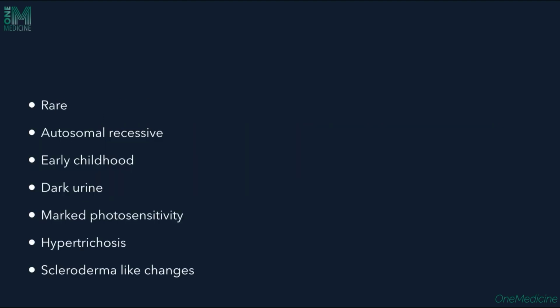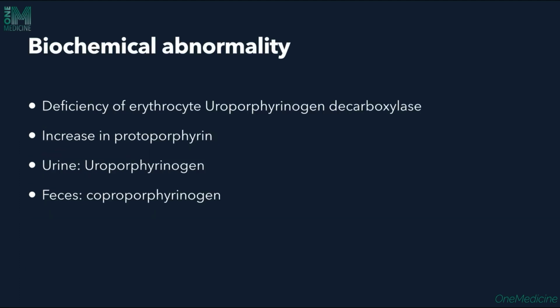Hepatoerythropoietic porphyria. Here it's a rare disease, autosomal recessive, seen in early childhood, with dark urine, marked photosensitivity, hypertrichosis, and sclerodermoid lesions are seen even here. Biochemical abnormality: there will be deficiency of erythrocyte uroporphyrinogen decarboxylase, increase in protoporphyrin, urine will show uroporphyrinogen, feces will show